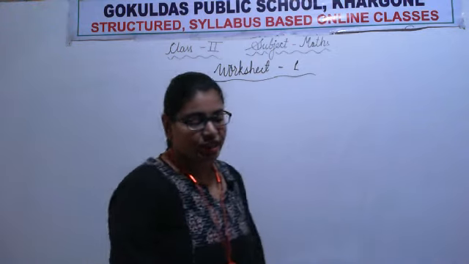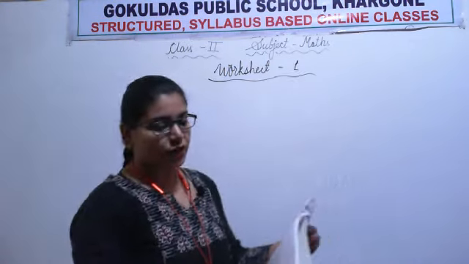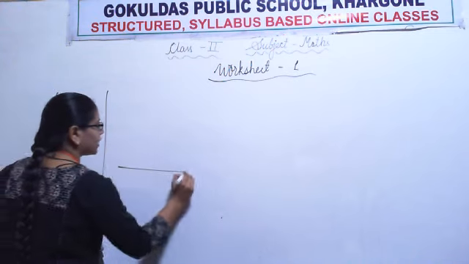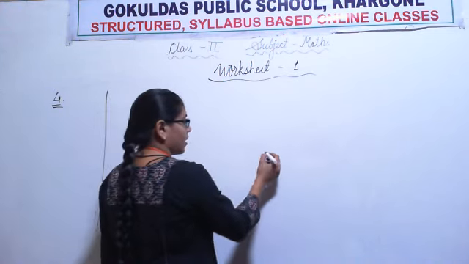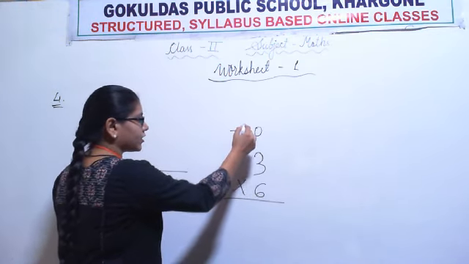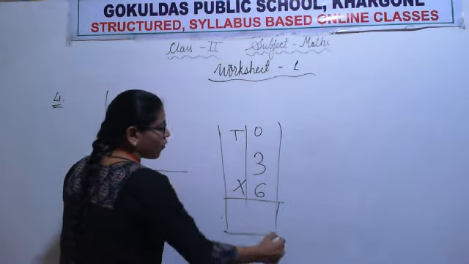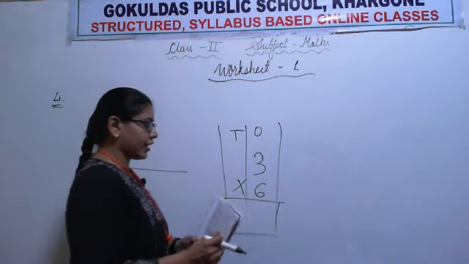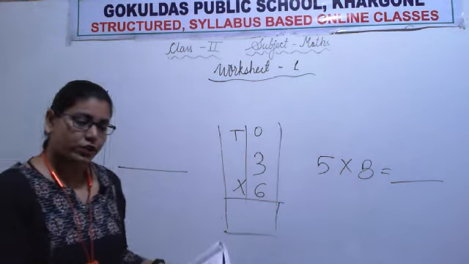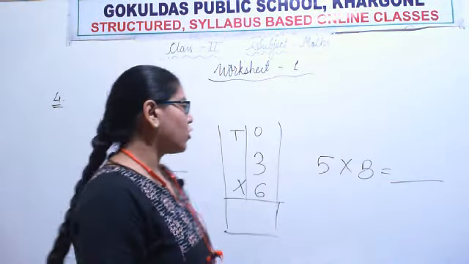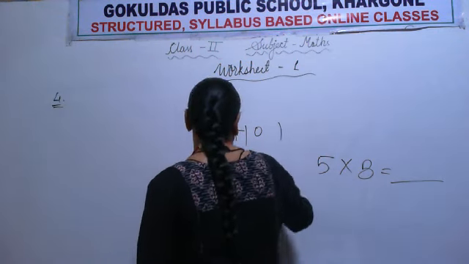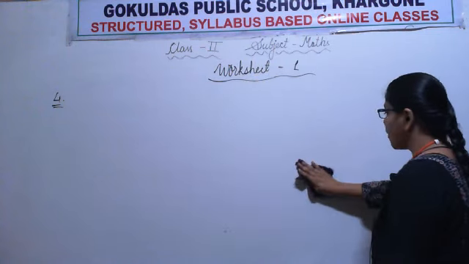So the next question is question number 4. Multiply using horizontal multiplication. See students, this is vertical and this is horizontal. When we multiply like this, with the column method, this is vertical multiplication, and if we solve like this, then this is horizontal multiplication. So there is no such difference in the process of solution, just the way of writing. Horizontal and vertical are just ways of writing.